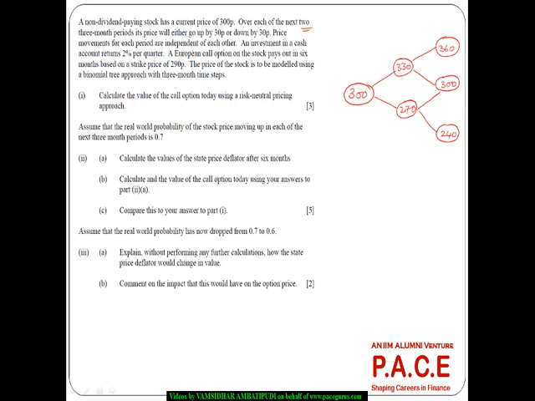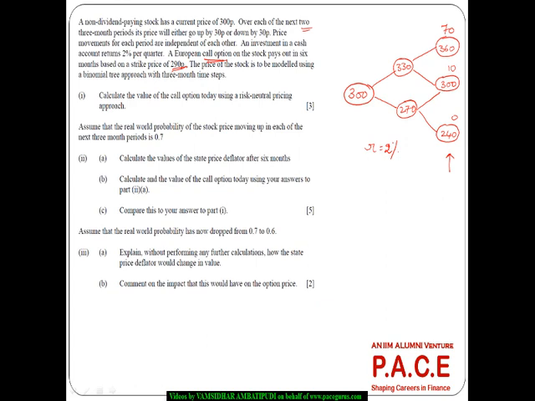Okay, an investment in cash account returns 2% per quarter. The risk-free rate of return is 2% per quarter. A European call option on the stock, which is maturing on this date, and it's a call option, based on a strike price of 290. So because the strike price is 290, here the payoff is 70, here the payoff is 10, and here the payoff is 0. The price of the stock is to be modeled using a binomial tree approach with